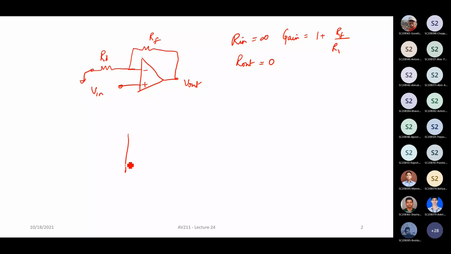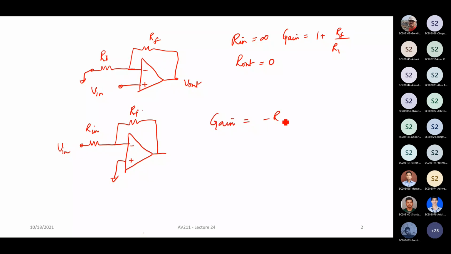Now, in the case of an inverting amplifier, which we saw maybe 2 classes earlier, this was grounded, the positive terminal, and the input is given at the negative terminal through a resistor. So your Vin is given to the negative terminal. Let us say this is your input resistance and this is your feedback resistance. Here the gain was given by minus RF by RN. And of course, the output impedance is again 0 because we are dealing with an ideal op-amp.